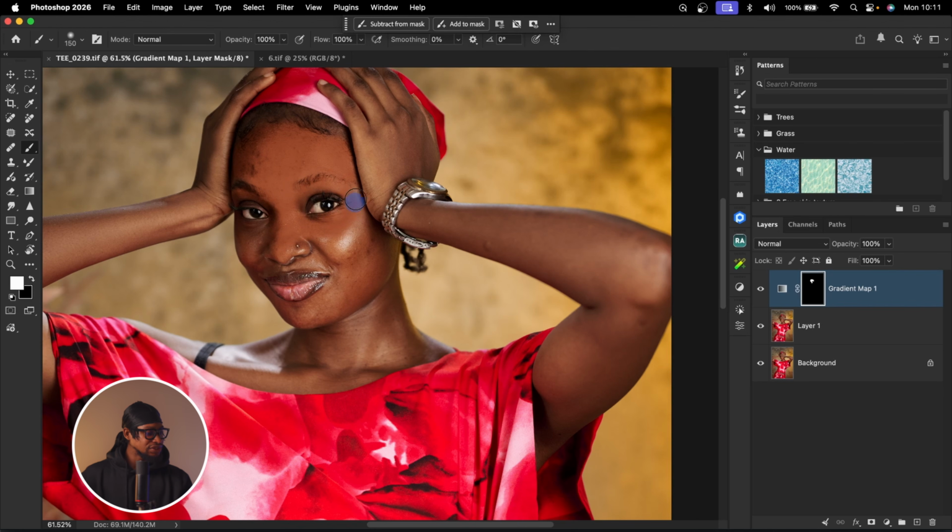So we're just going to paint on the skin tone, but we're not going to paint on the mouth. So we're not going to paint on the lips, just the skin, like so. So just take your time to do this and also be very careful where you're painting. If maybe you paint outside, you can just switch to a black brush by pressing X on your keyboard or